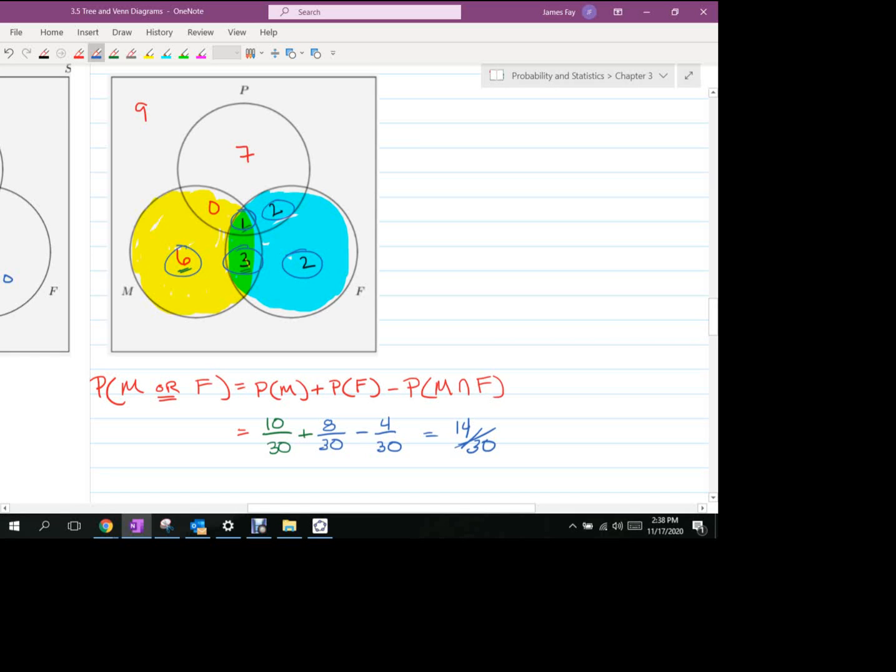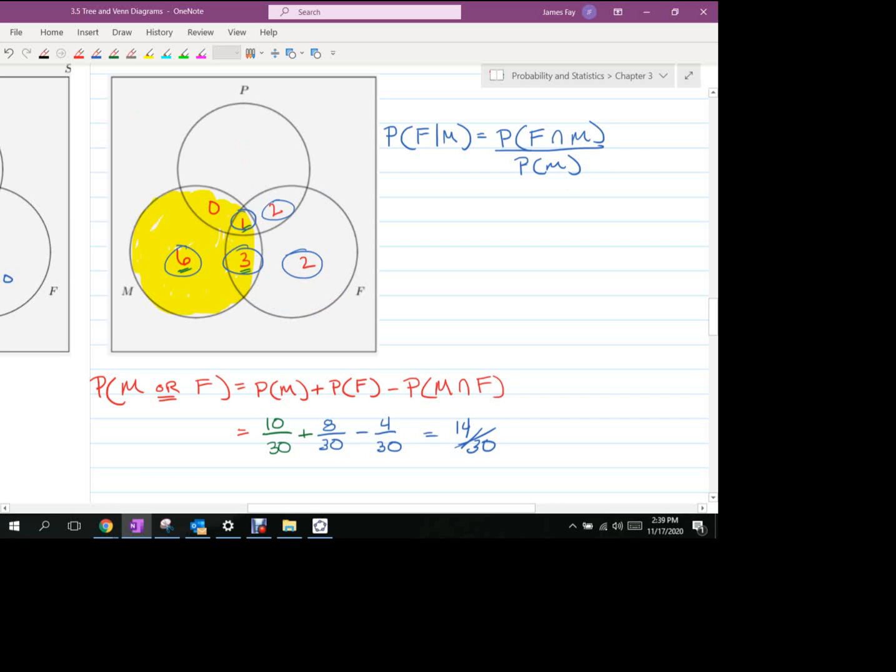So there are so many different types of questions that we can ask. I can ask, what is the probability that it is a factor given that it is a multiple of 3? So remember what that means. That means the probability of a factor and a multiple divided then by the probability that it was a multiple, right? And we can figure out those individual things. And these would be independent events, so we can multiply these, the probability of F times the probability of M. But here's my question. Does it make sense that if it says given M,